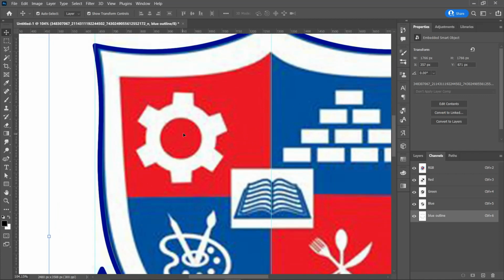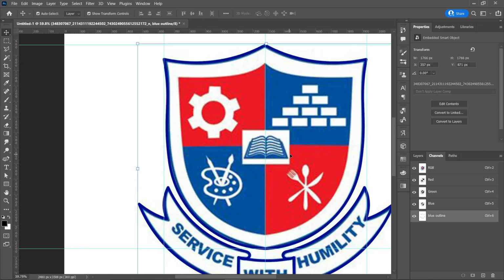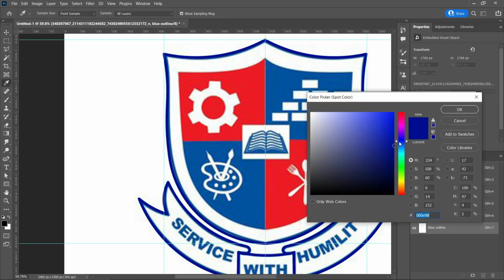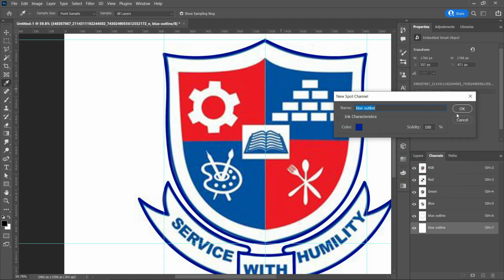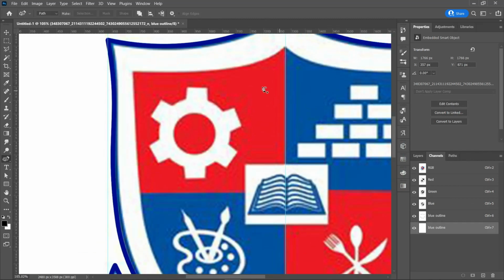So now let's proceed to the inner part of the logo. First things first, let's try and demarcate the various sections. We have four solid figures there, so we have to create all of them. New spot channel. Let's give it a faint blue so that you see the difference between what we are creating and what is actually there. So your pen tool,